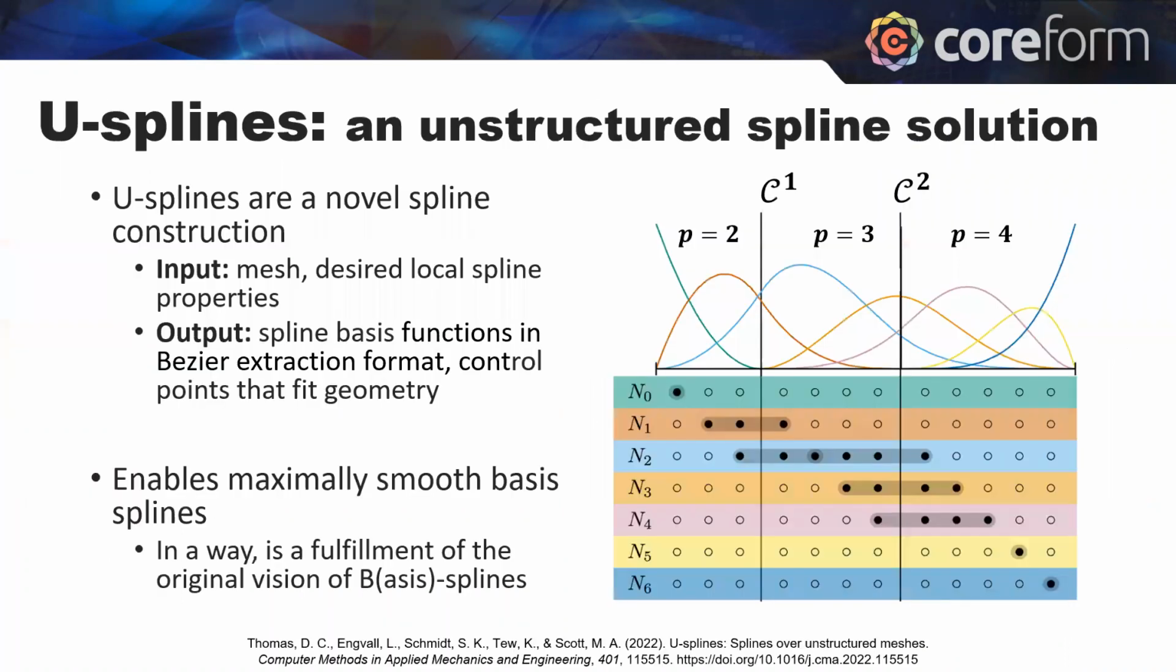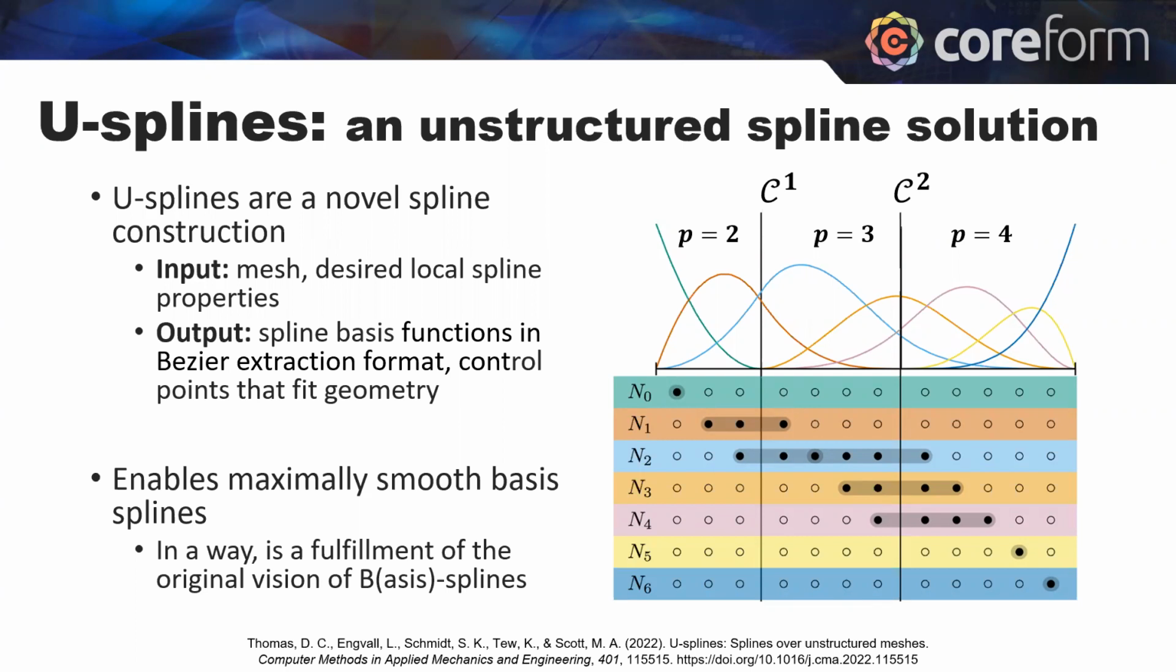So without further ado, the first of those technologies is the U-spline, as I suggested before. U-splines are a novel spline construction, but they're really not that much different from the B-splines and NURBS you've seen previously. They fulfill the same vision. What's neat with U-splines is that all it requires is for the user to provide a mesh and their desired spline properties, such as what the degree of the element should be and what smoothness they wish to have in between. And from those, we get out this Bezier extraction format, which I alluded to previously,